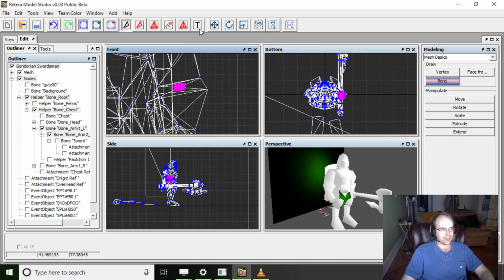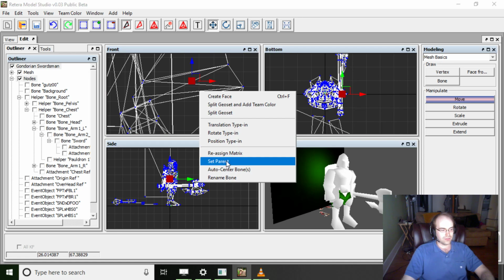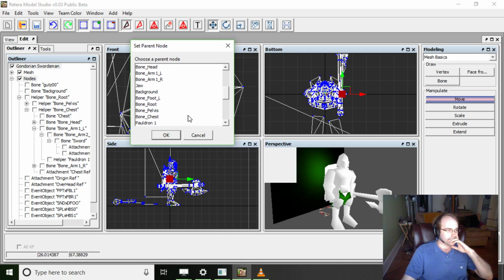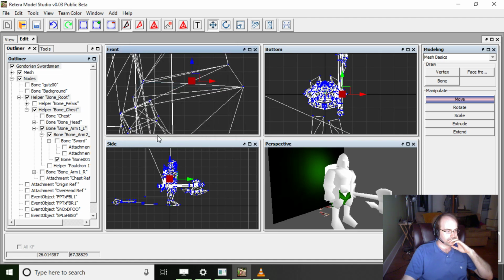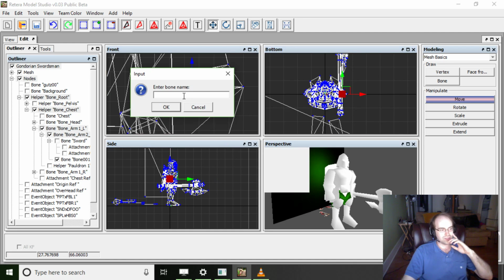And then we need to give it a name. So click back on Translate, which gives us selection ability. And then this is our new guy right here. This is not Bone Arm 2. So our new guy, make him parent to Bone Arm 2L. It's the left-hand side, right? Arm 2L. So now he's in the hierarchy, but he's named Bone 01. So then rename it, instead of Bone 01, you want to name it